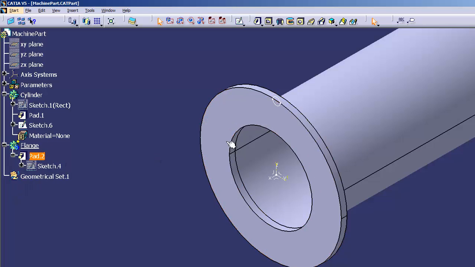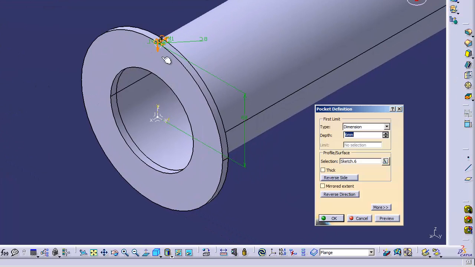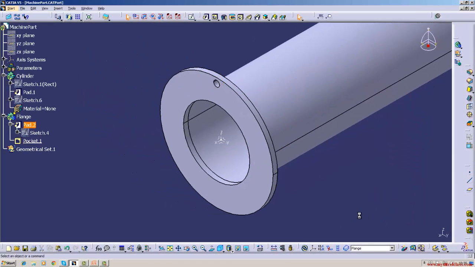Now you can select here. Now you can see which direction it is for. Reverse. See, the hole is done. We will see whether we can do